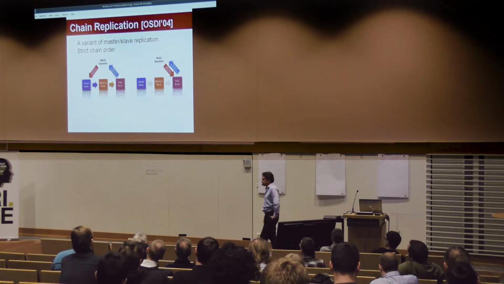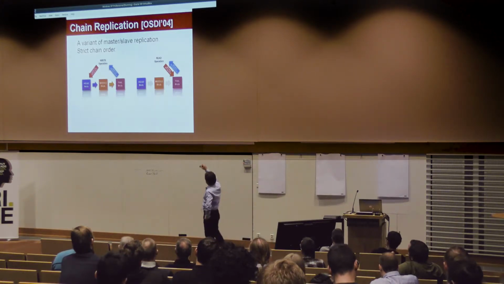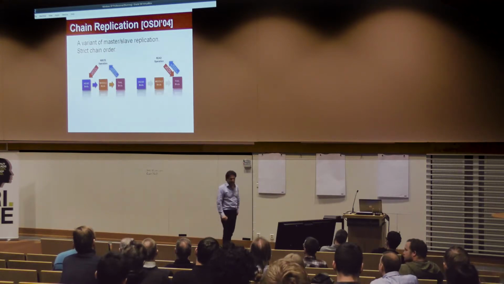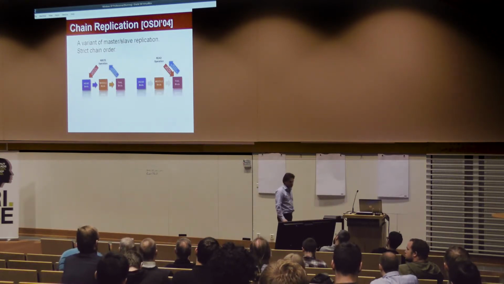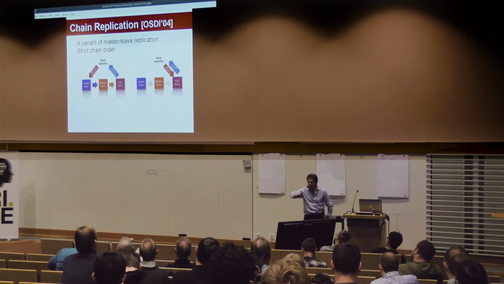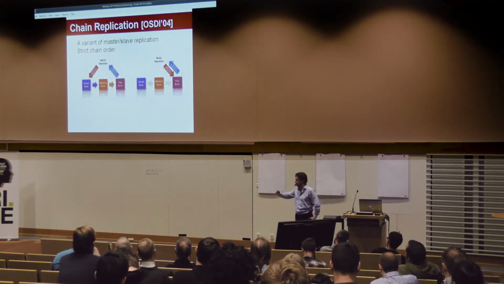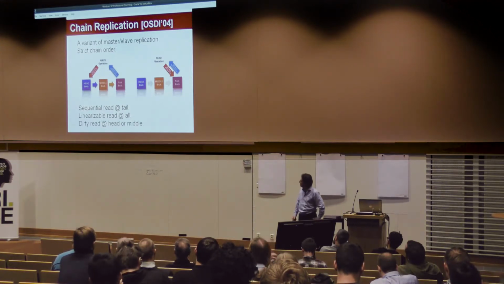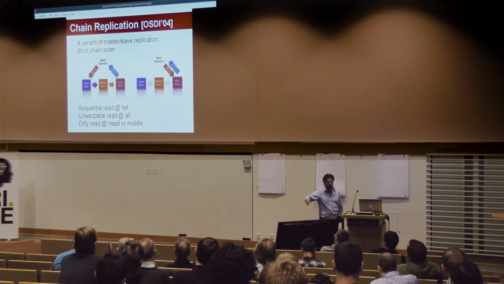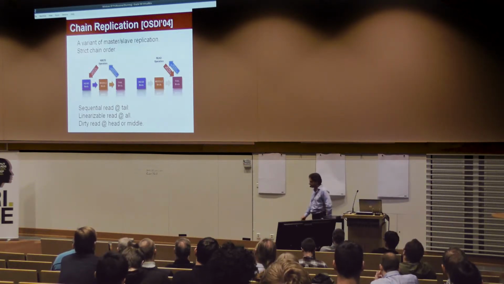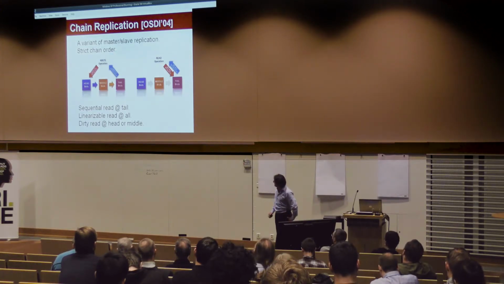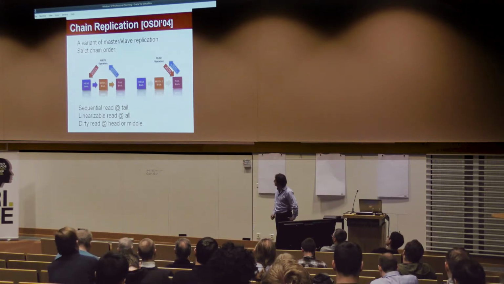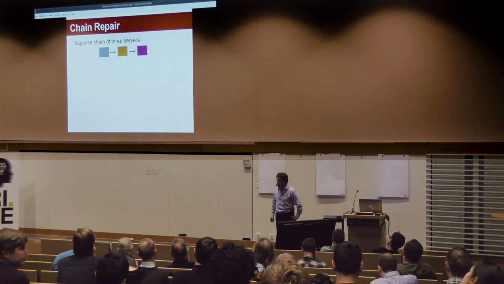So all the read operations in that scheme, they go to the tail brick if you want to preserve linearizability. So you can only read from the last one when all the replicas have this particular value. So you can do sequential read at the tail, linearizable read actually everywhere in this case, and you can be dirty and say I will read wherever, and you can read wherever. So this thing works, obviously, and it also handles the case when something goes bad, and this is the chain